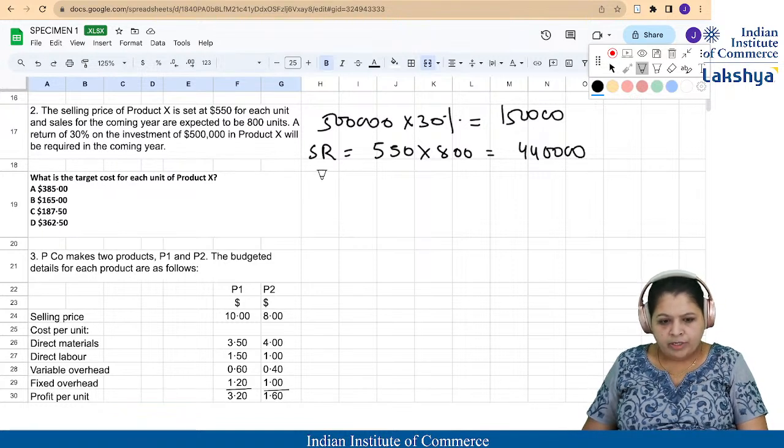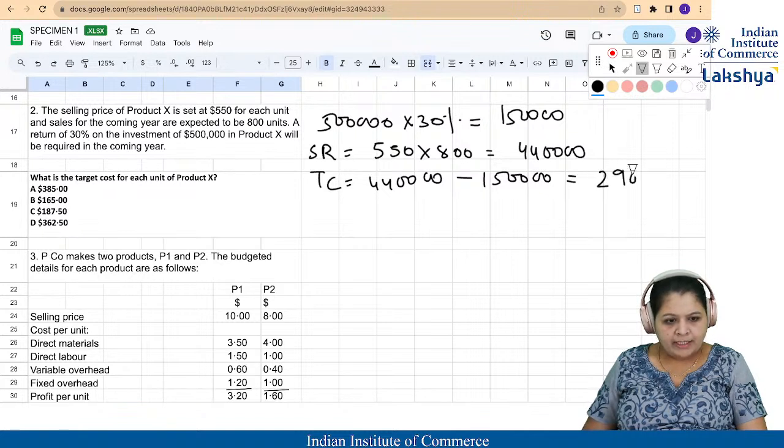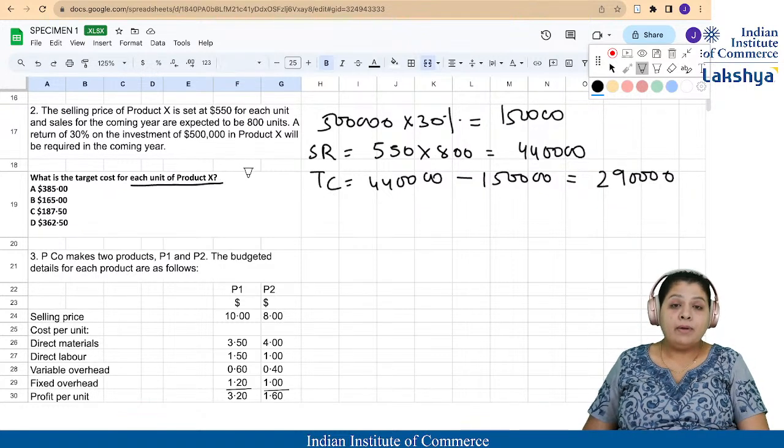And now you find out your total cost, because this is your return on investment that is required. So 4,40,000, which is your sales revenue, minus the investment returns, will give you a total cost of 2,90,000. And then, because each unit cost is required,